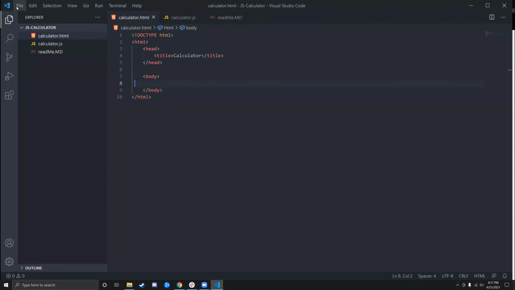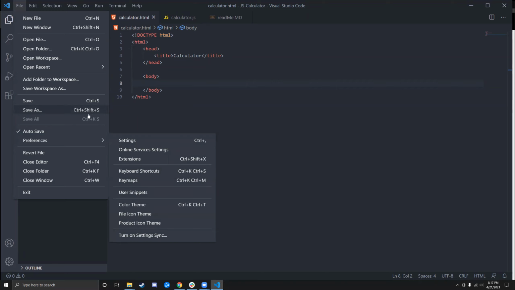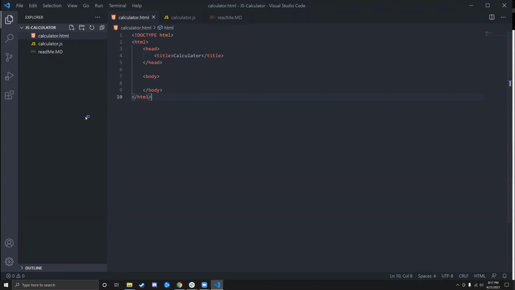So do not forget, if you make any changes in your code over here, you have to manually save it. But what I suggest is to click autosave. That functionality will automatically save all the changes that you are making right now in your files. So make sure that you have a check mark on autosave. Okay,